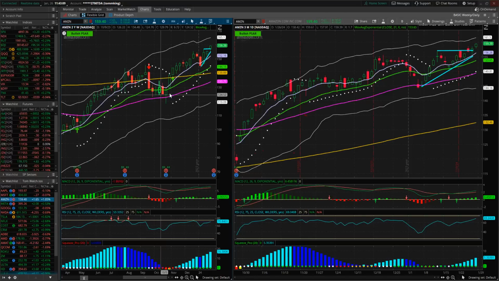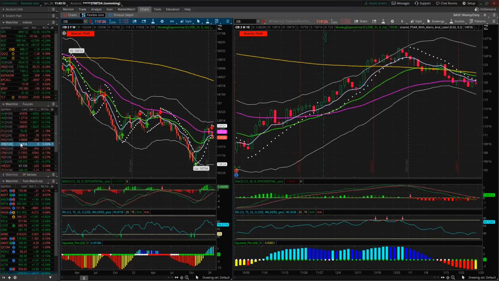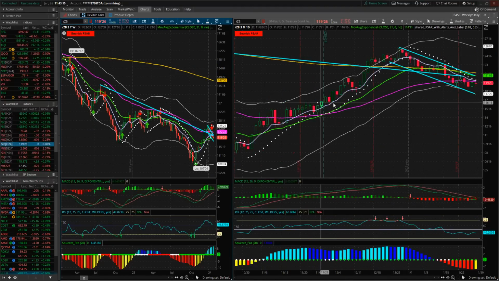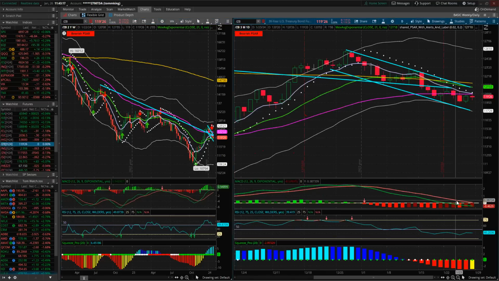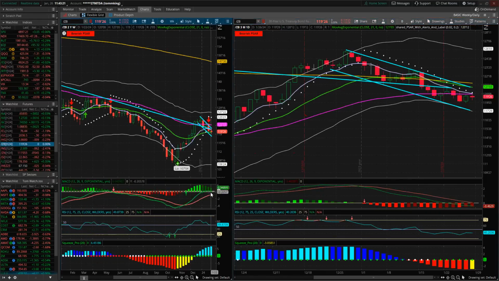All right, so we're on Amazon. We were sitting here on bonds. I think bonds is interesting, mainly because you're weak here on the weekly. MACD, RSI is heading lower, squeeze. I have no idea what the heck it's doing here. It should be running out of momentum as well. And then when we look at the daily here,